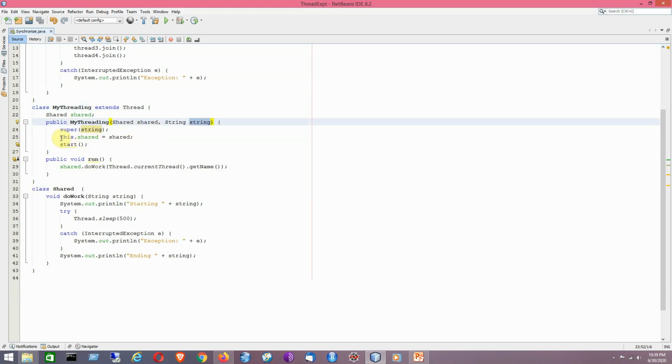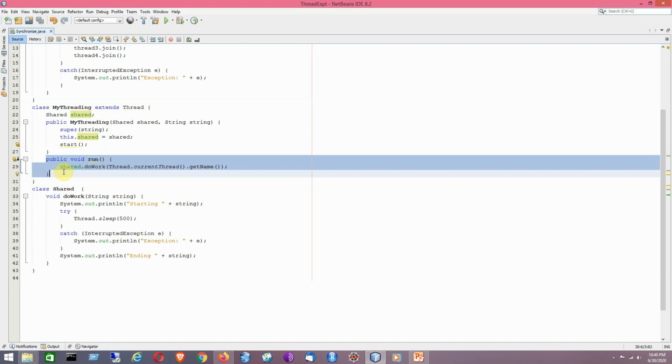Now by using this technique, we assign this local variable to the instance variable. Now we are calling the start method. At some point of time, whenever the thread is selected by the thread scheduler, its run method will be executed. Then it will just print its name. That is the statement inside the run method of the MyThreading class.